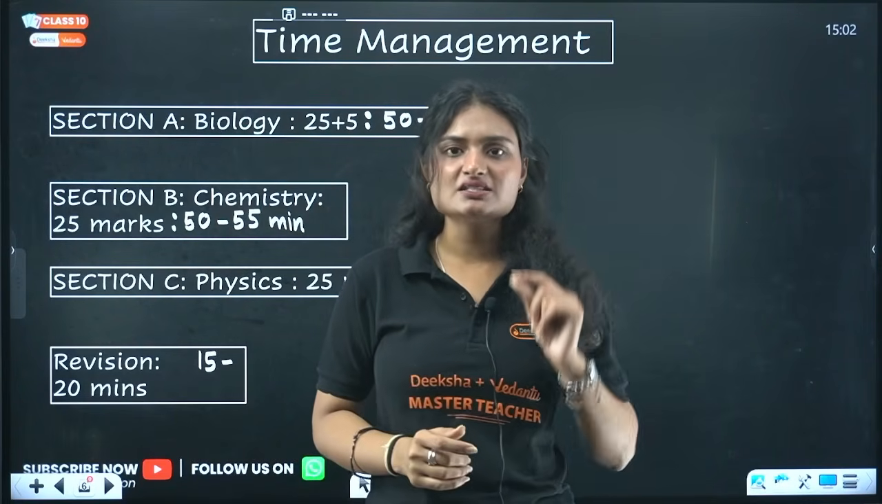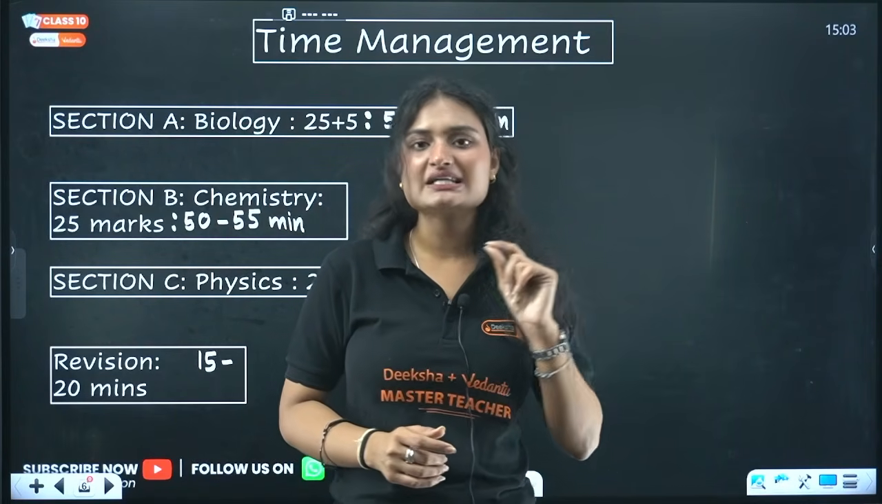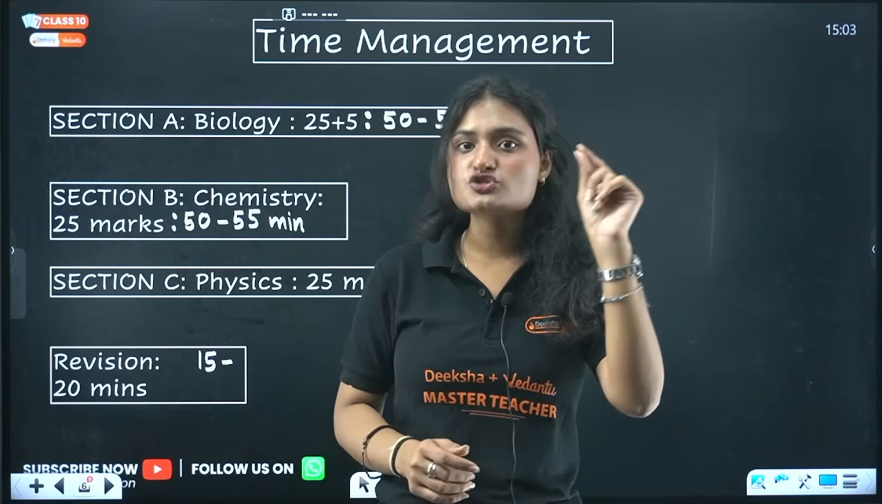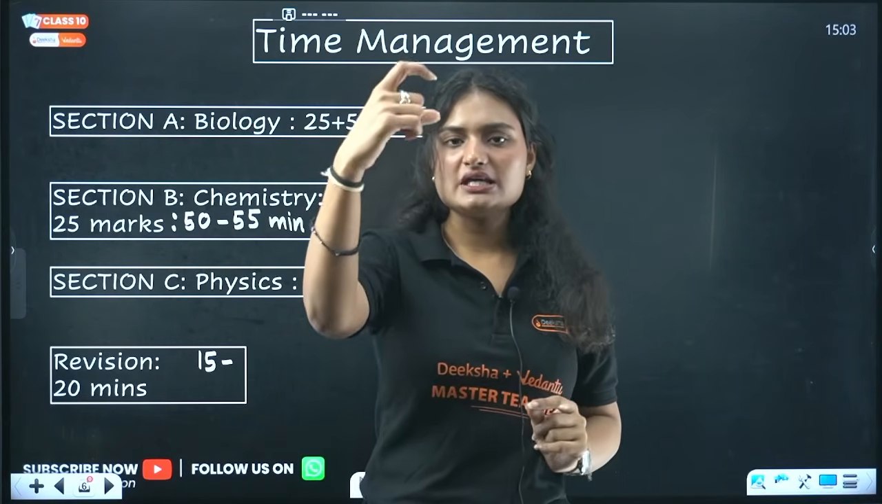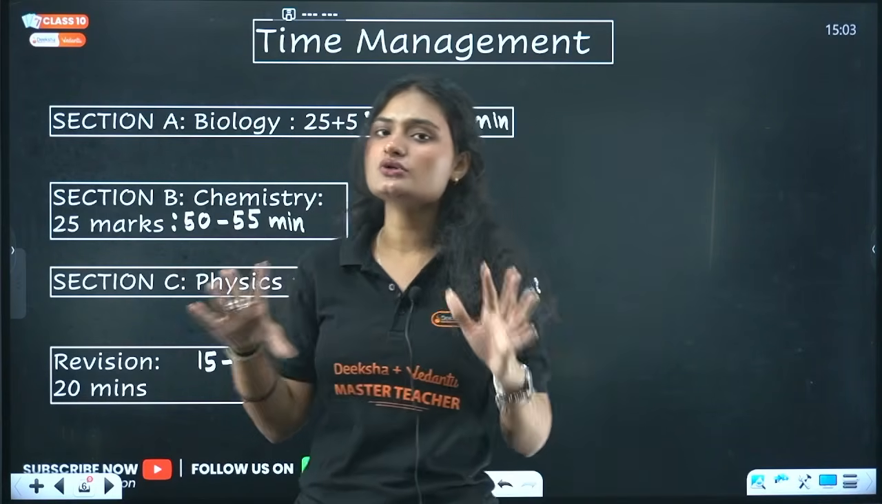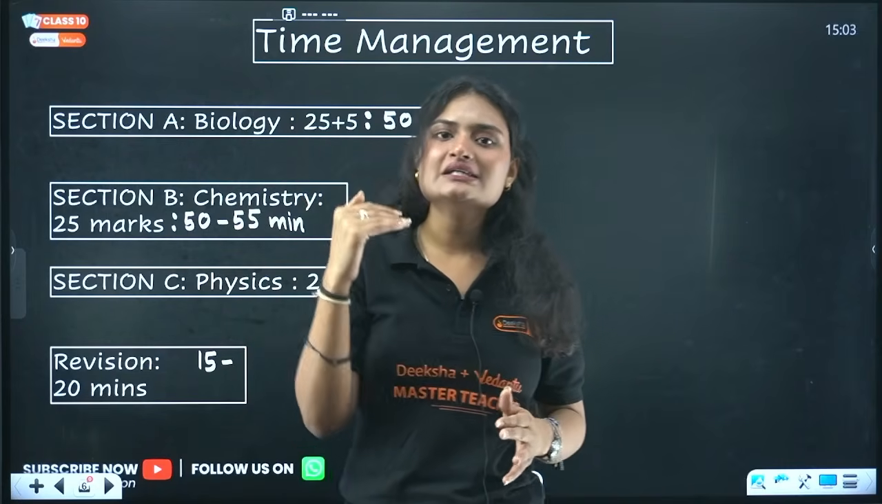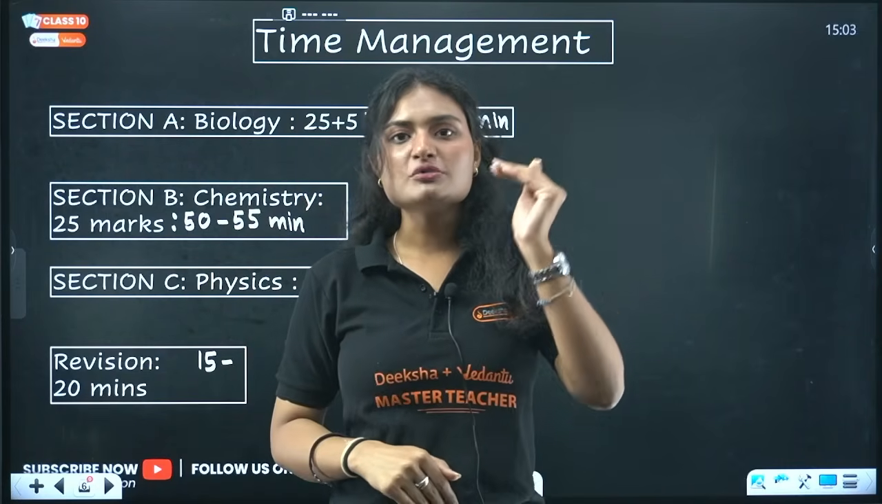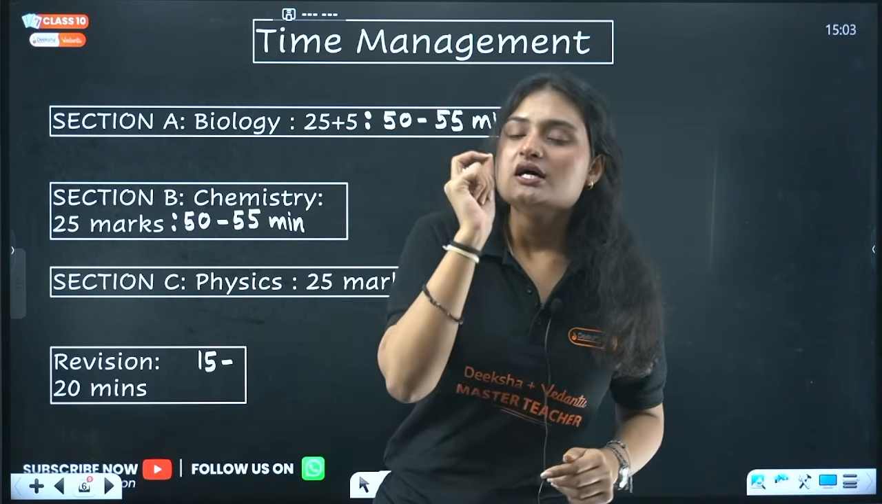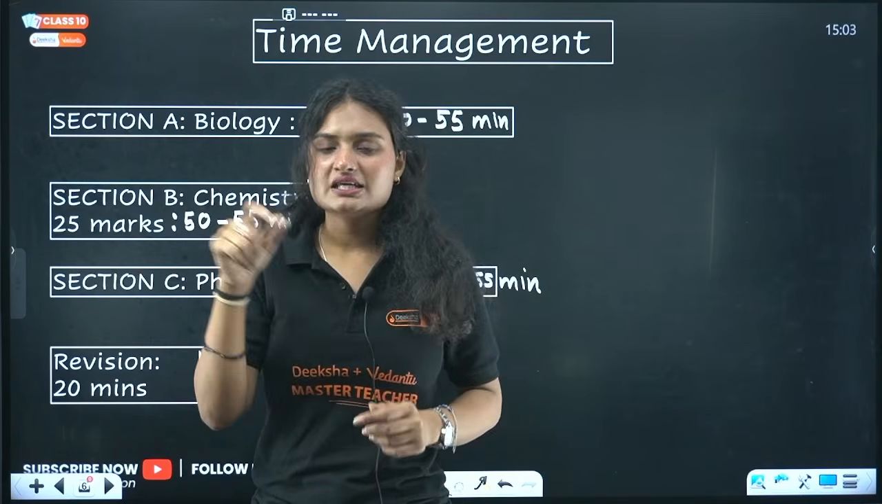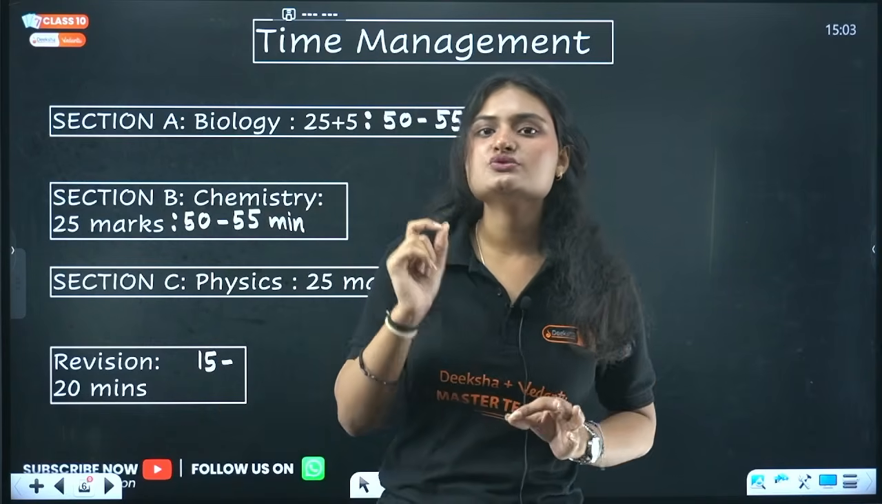Check the answer number. If you have answered the questions correctly, the section number should be properly mentioned. Section A, section B, section C, whatever you are attempting, all the sections should be clearly mentioned, right? The question number should be properly organized. Check for the underlining, if you have underlined all the important keywords using pencil,